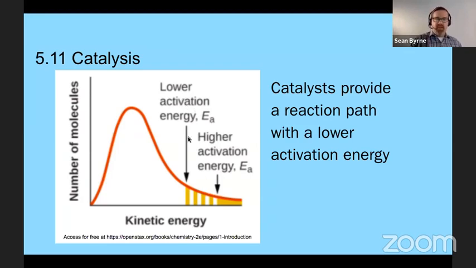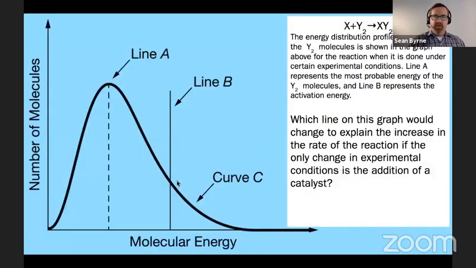Whereas if we lower the activation energy by adding a catalyst, we move the line down here, and in this way, we have increased the number of particles that are underneath the line as well, not by moving our line when we increase temperature before, but by moving our activation energy to the left. So our conclusion here is that we have more particles that have enough energy to become products because we've lowered the activation energy.